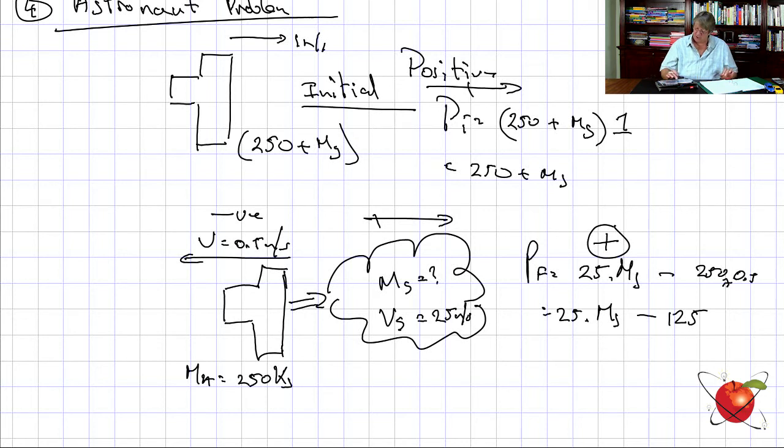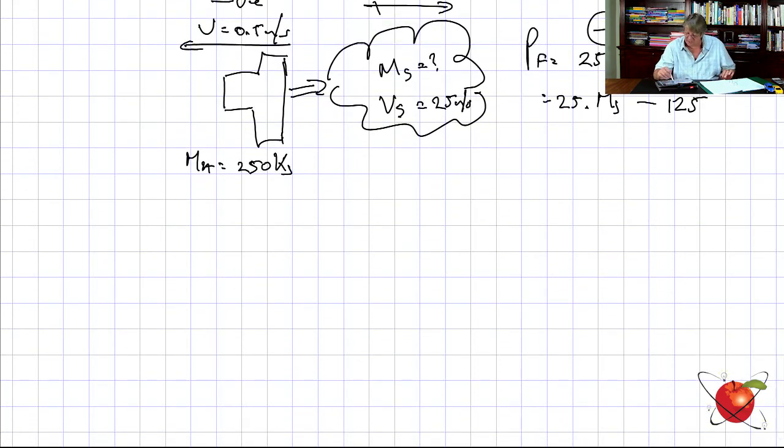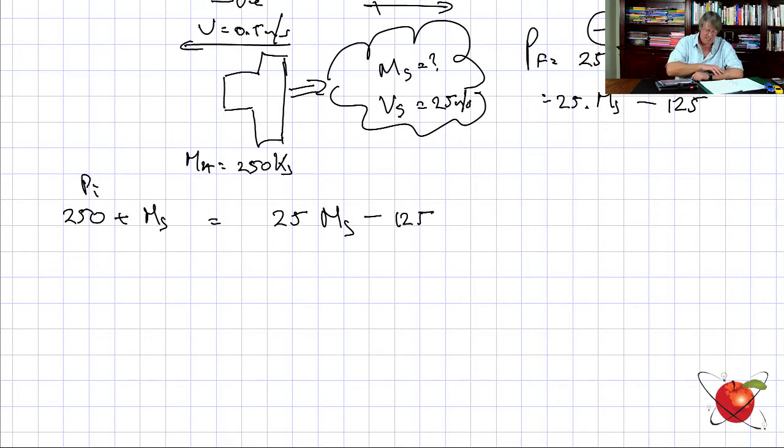And yeah, what do I do then? I put them equal to each other, don't I? I say, right, initial is 250 plus the mass of the gas, must be equal to P final, which is 25 mg minus 125. I hope you can see that that's quite straightforward to solve. You've got mass of gas on both sides. So therefore 250 plus 125